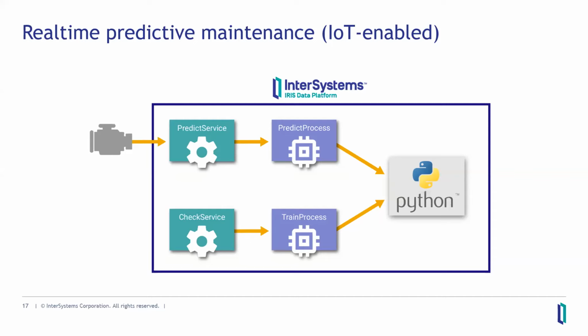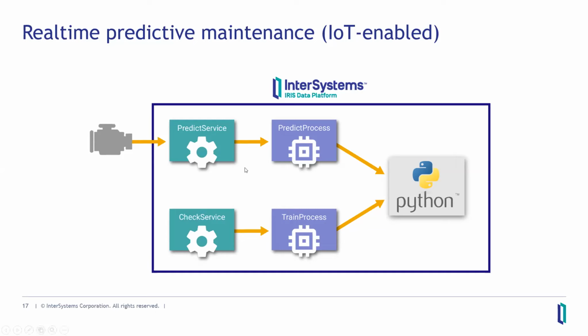And based on that information, we can calculate the error level of our model. Does the model work, or if the model doesn't work, right? On the other hand, we have a predict process, which we use to call the model and get predictions back. And we have a predict service, which gets the data from outside, from our engine, and calls the predict process to get predictions back. Now, so far it's all fairly straightforward, hopefully.